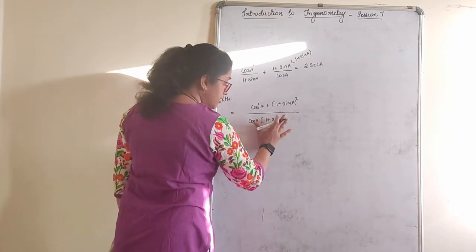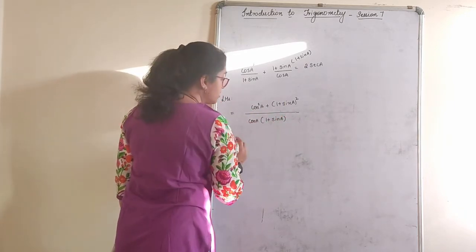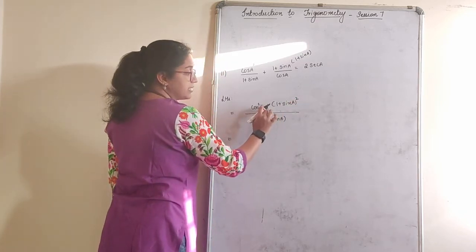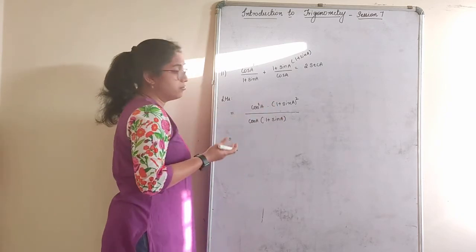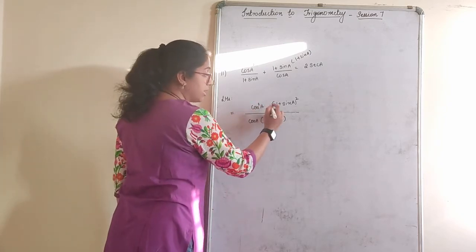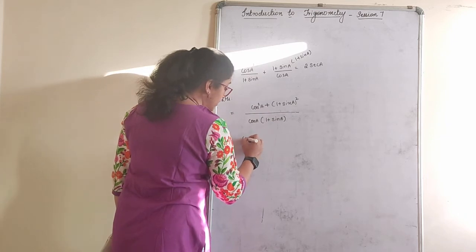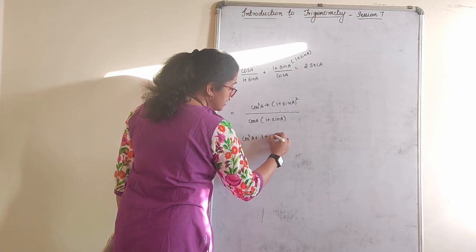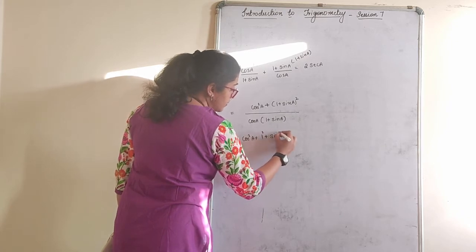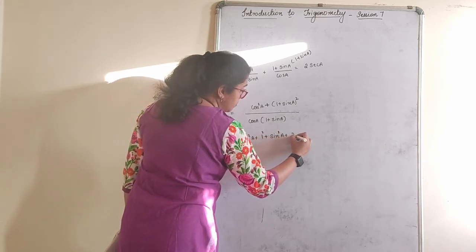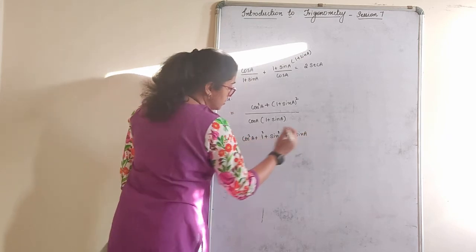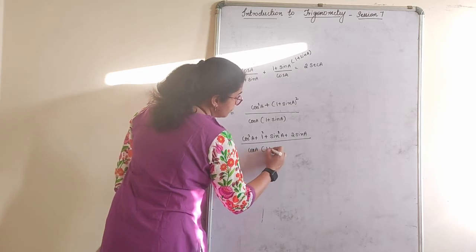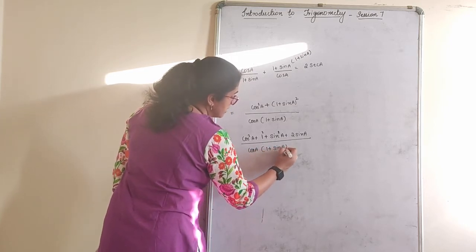Split it. Keep this as it is. Don't touch this. You can't cancel, children. 1 plus sin A, 1 plus sin A one time. Here a plus sign is there. Suppose if this was a multiplication, it could have been cancelled. Okay? So you cannot cancel this. Cos square A plus, a plus b whole square, 1 plus a square plus b square plus 2ab, divided by cos A of 1 plus sin A.